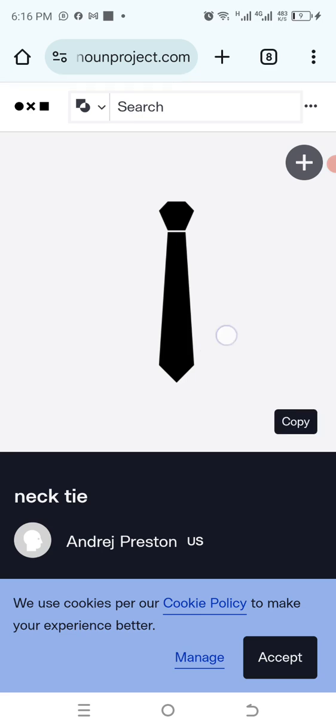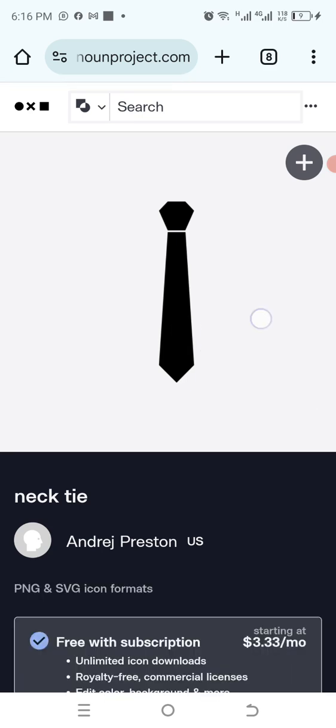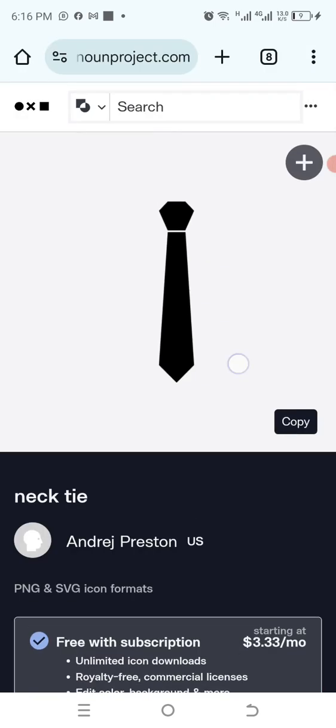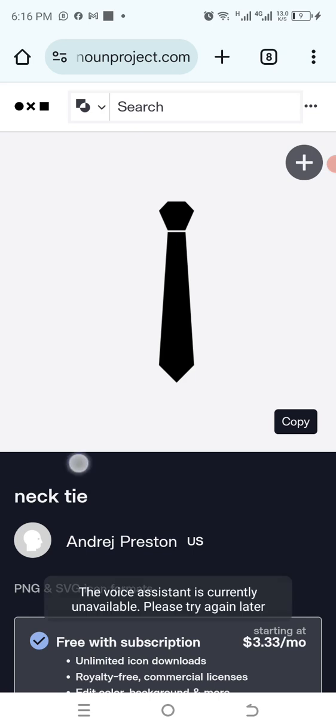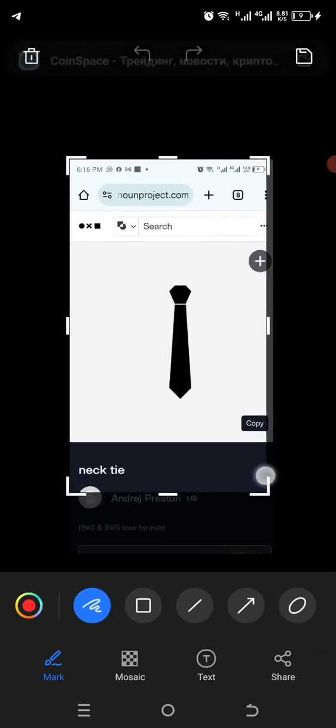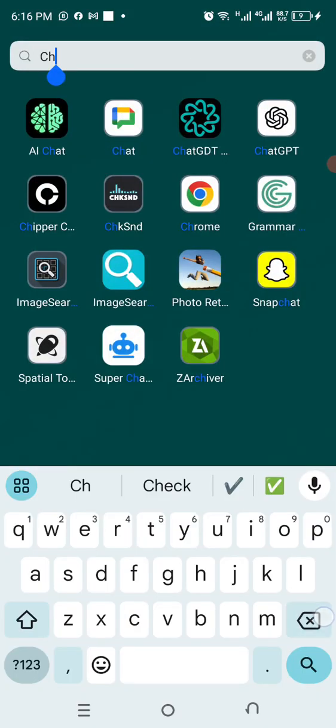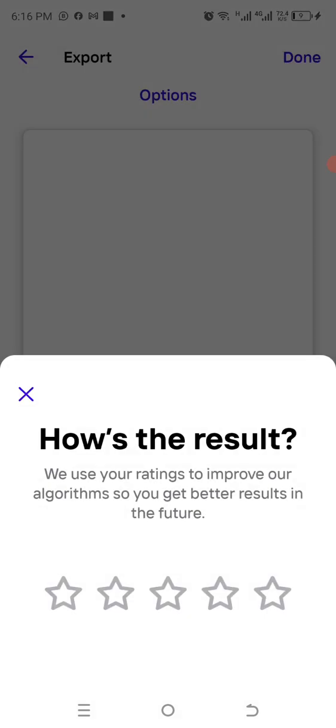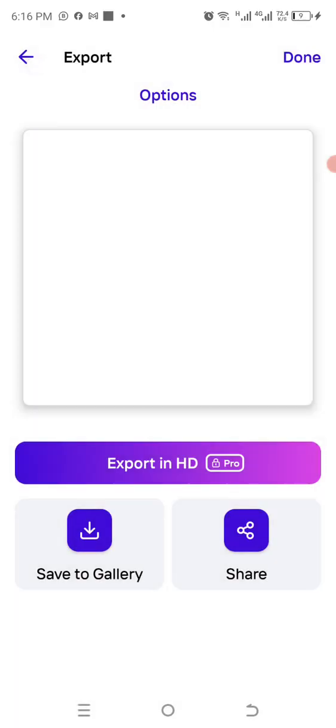Once I see one, I need to long press, anyway, allow this. If I'm unable to long press, which means I need to buy this, there is a way I normally do it anyway if I actually like it. So I will just crop it. After the cropping, I will save it. Now go back to my Photoroom, very sharp. Then after loading, I will just go back,